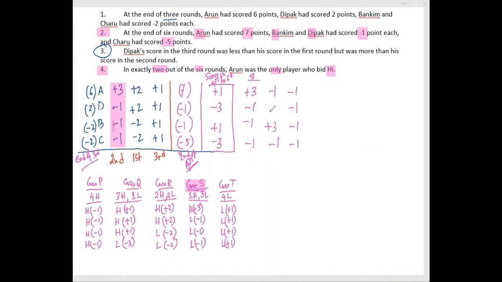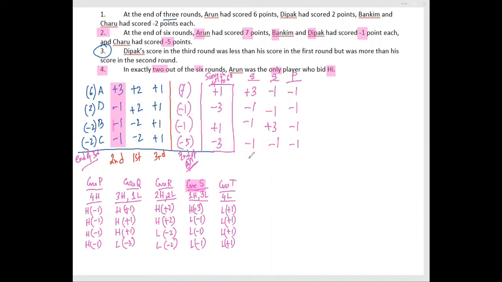This is +3, this is -1. Now for B to get +1 in another +1, a similar kind of Arun structure has been done. And this is -3 getting from -3, 3 number of -1. And for C also 3 number of -1. So these would be the cases, which are nothing but case S and P. These are in sequence. But here no other data has been given about what the sequence should be. This sequence I know, but this sequence I can't get.